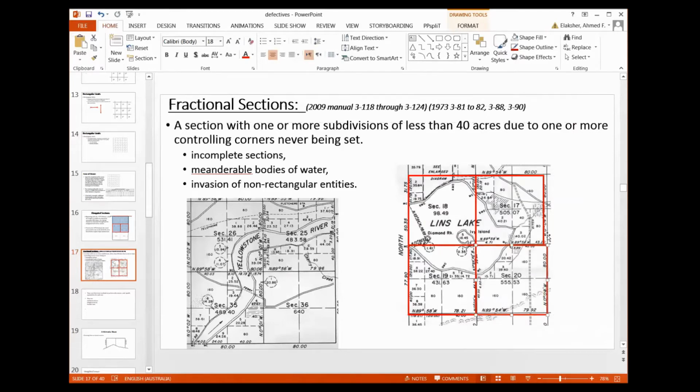So if you look here at these different sections, this Lens Lake here is taking part of section 17. So that's why it's an incomplete section or a fractional section. You look at it, this part, the southwest quarter, can't be subdivided actually. It has less than 40 acres. Same thing here, but all the different quarters here, and so on. So you can see that. If you apply the same thing for another case,